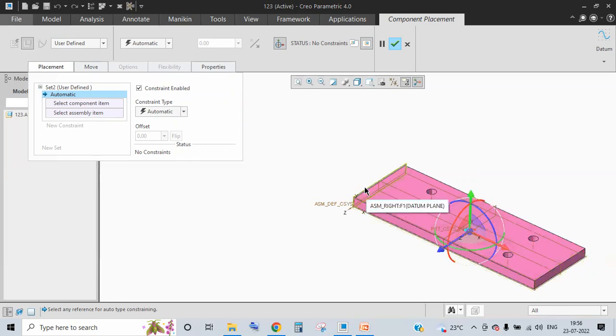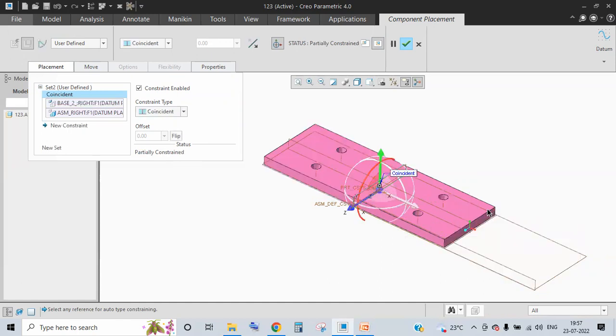See, I'll select this plane. See, carefully I'm selecting the assembly right plane. Carefully I'm selecting base right plane. See, automatically it took it. Okay. Now,